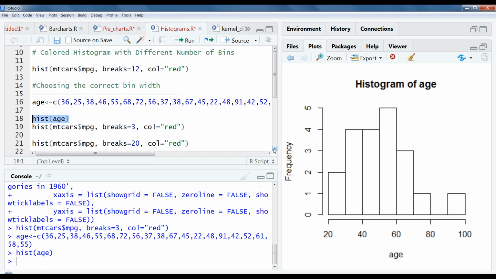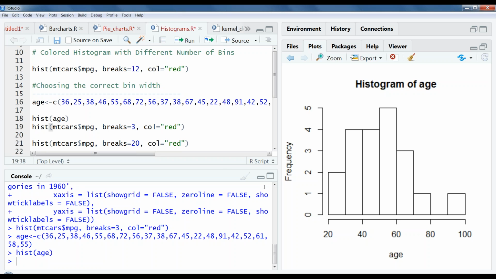Now moving on to how we can plot it, with the help of the hist function. hist is a function which is used to plot histograms in R programming. Then moving on to various options. We can break these bars, or frequency blocks, I can say. I can choose the number of breaks I want in this histogram, and I can also mention the colors for each histogram bar.